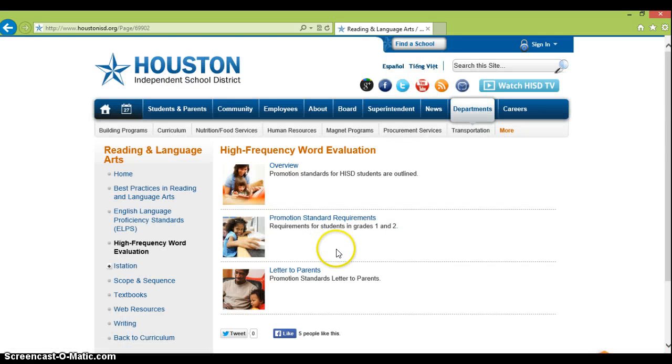On this page, you can access the overview. You can also access the promotional standards. That means what your student is going to need to move on to the next grade level based on the high frequency word evaluation, as well as a letter from HISD to the parents. But right now we're going to go to overview,